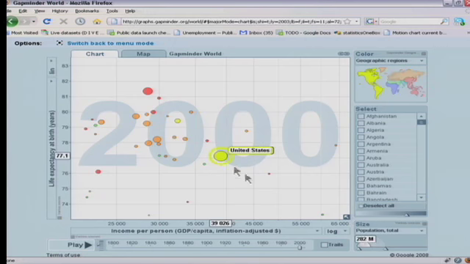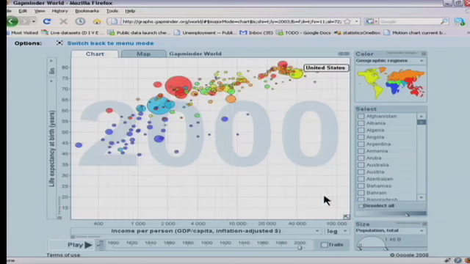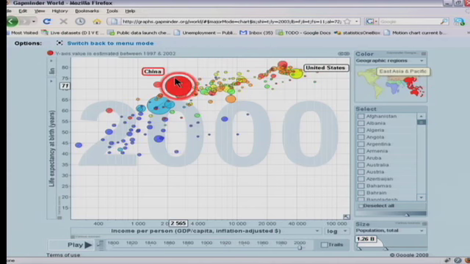So the US is a little bit down there, but if we zoom out to the global picture, this is all about putting data in context. We can see that, of course, the life expectancy of the US is pretty high, comparing now with all countries of the world. The size of the country is the population. That will be China. The color of it are the regions.